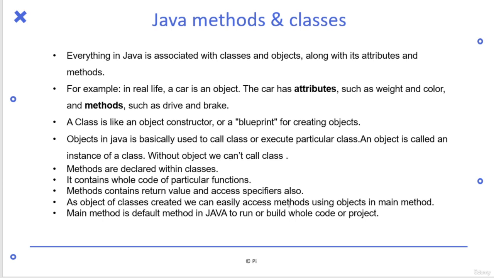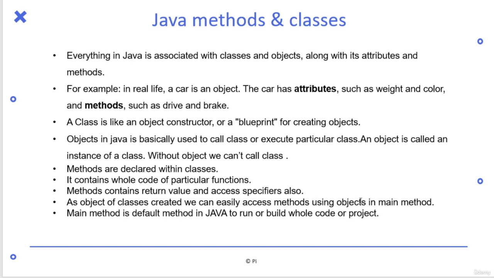The syntax is very easy to code for that purpose. Remember, if you know how to print statements in Java, you have to specify public static void main, and inside that. So it is again a method, a static method. The main method is the default method in Java to run the whole code or project. Other than that, you cannot use any part. So while running any class or method, you should always invoke it in the main method, which is basically PSVM, public static void main, inside Java. So this is all about Java methods and classes.